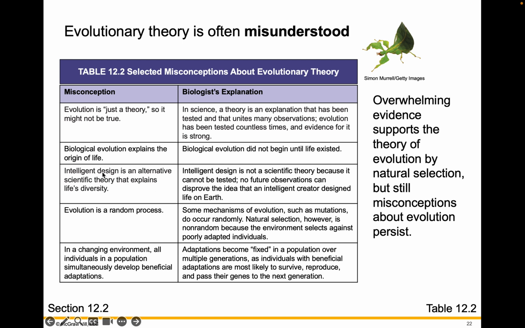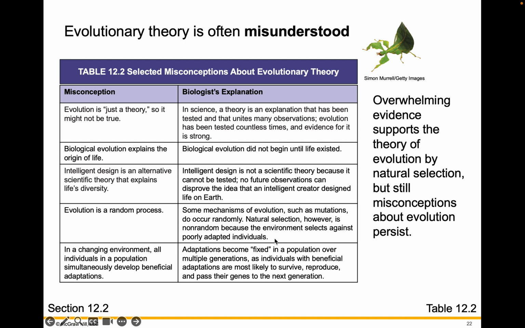Another misconception is that intelligent design is an alternative scientific theory that explains the diversity of life. Well, intelligent design is not a scientific theory because it can't be tested. No future observations can disprove the idea that an intelligent creator designed life on Earth. Intelligent design is a faith-based argument, not a scientific one. Another misconception is that evolution is random. While some mechanisms of evolution, like mutation, do occur randomly, natural selection, however, is non-random because the environment selects against